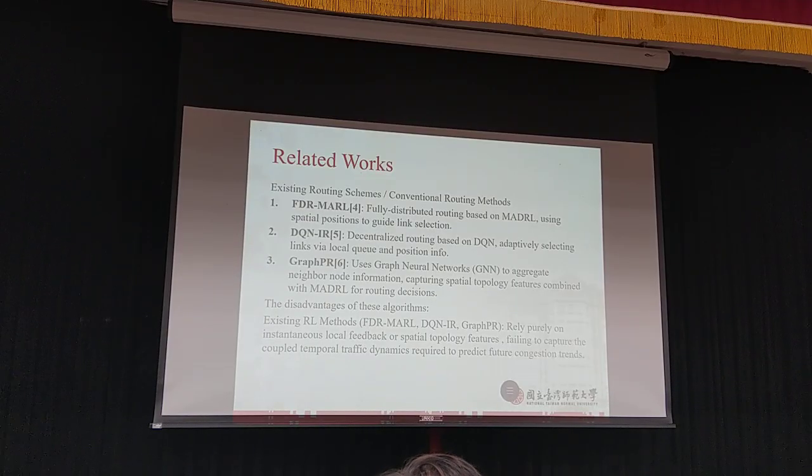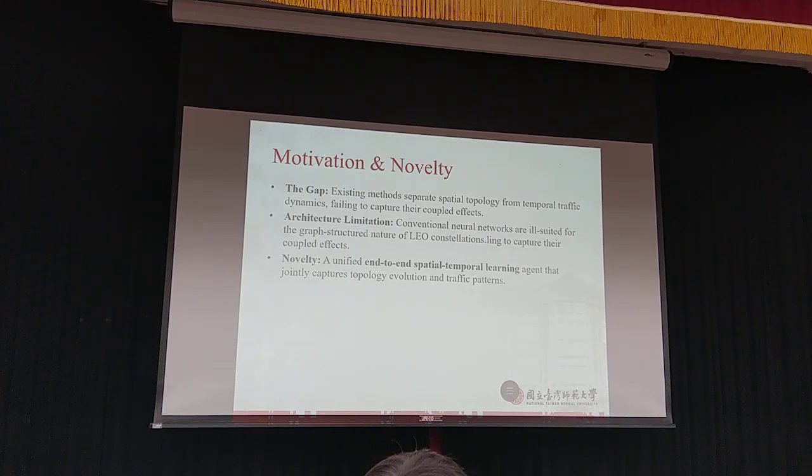They fail to capture temporal traffic dynamics, meaning they only react to congestion after it occurs. This massive gap drives our motivation. Conventional networks struggle to process the graph structure nature of LEO